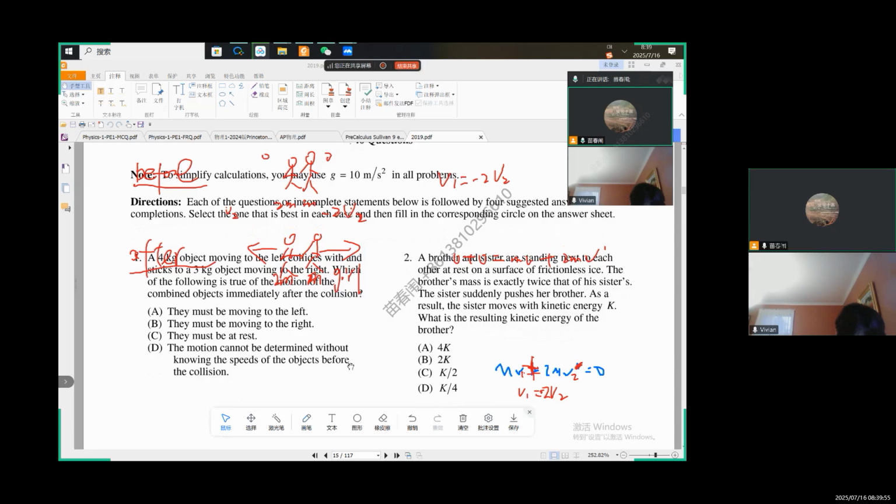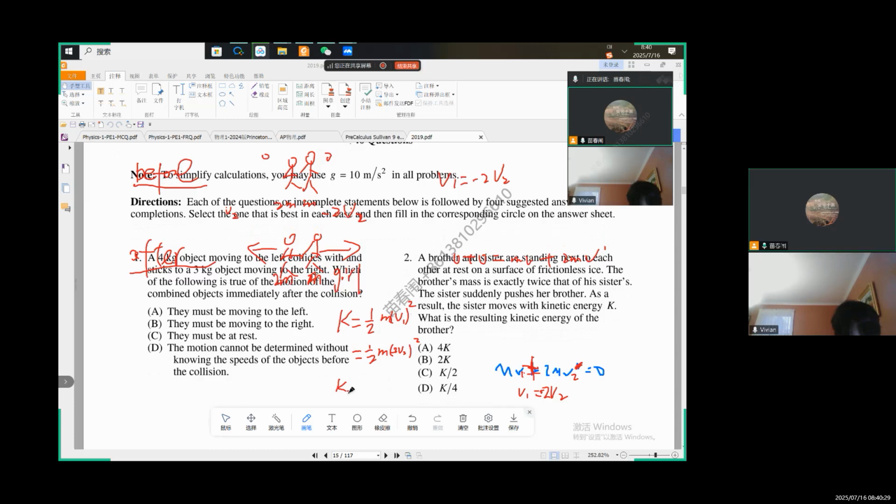Approximate, right? We can deduce all the way. If we can deduce all the way, we shouldn't use approximation. Even if we use approximation, we should try to use patterns and formulas probably. So K is what? 1 over 2 mv1 squared, right? Does that make sense? Yeah. Which is 1 over 2, 2v2, negative 2v2 squared, right? Yeah. And let's say K brother is